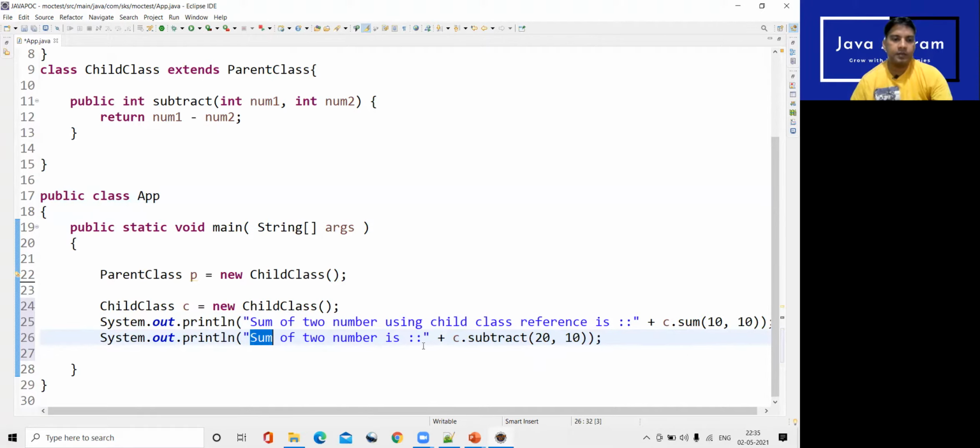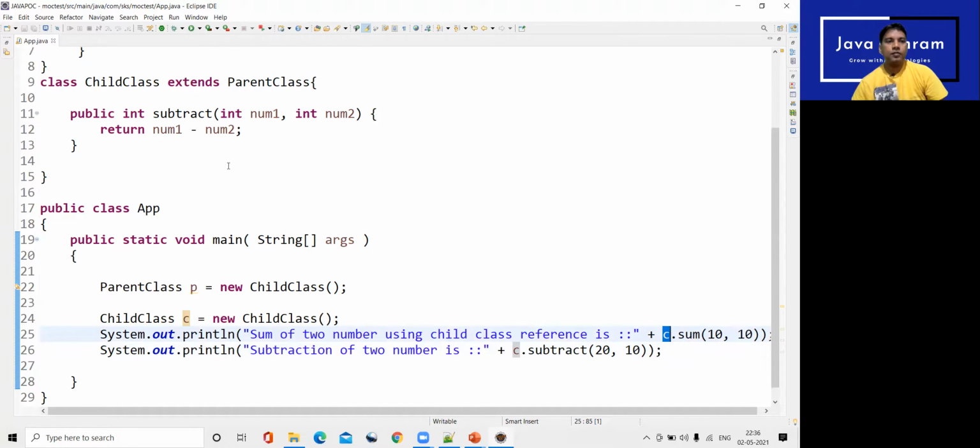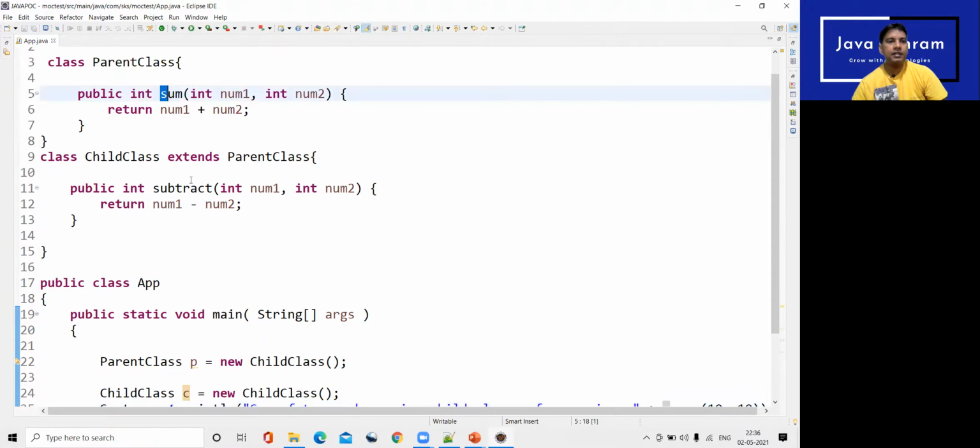And here subtraction of two number is, right? Control S, right? So if you see here, using the C reference, C is the reference of child class, which is holding the child class object only. We have access to both the parent class method and the child class method, right?